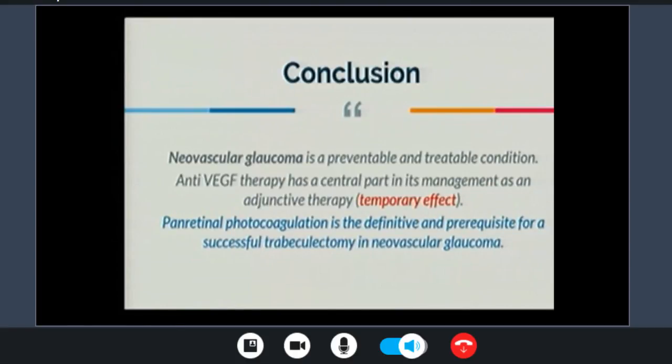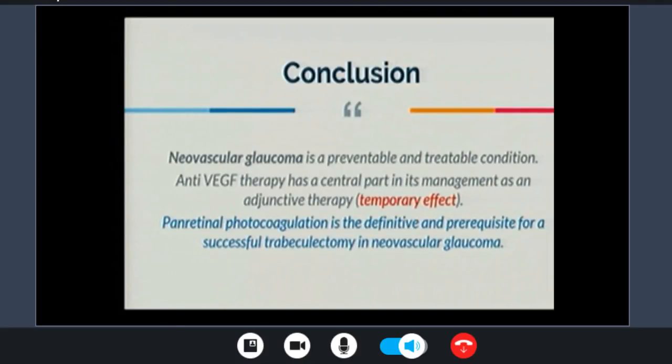You remember what Duke Elder said, and what Grant said, and what Hoskins said. This is in the late 60s and early 70s. So now we strongly believe that neovascular glaucoma is a preventable and treatable condition, and anti-VEGF therapy has a central part in management